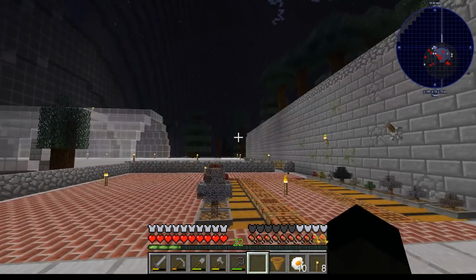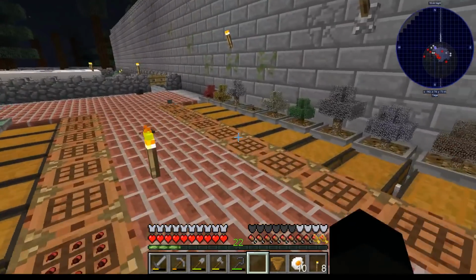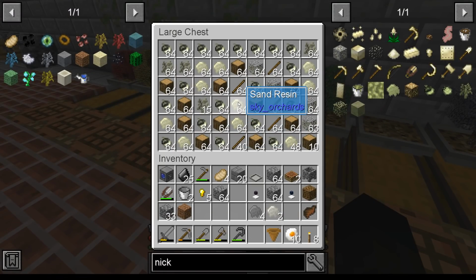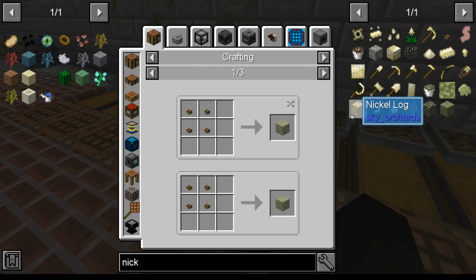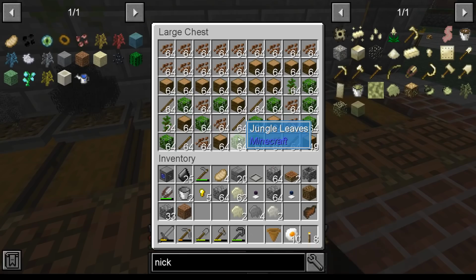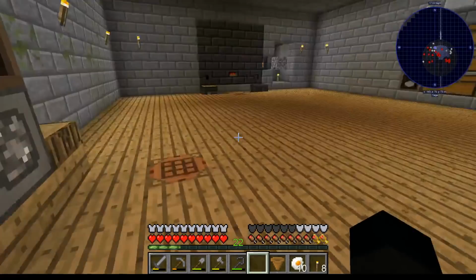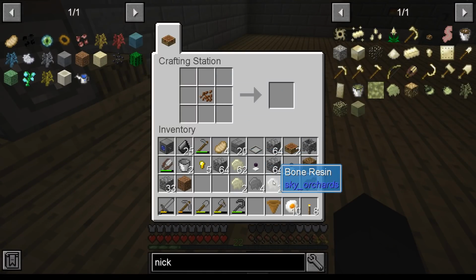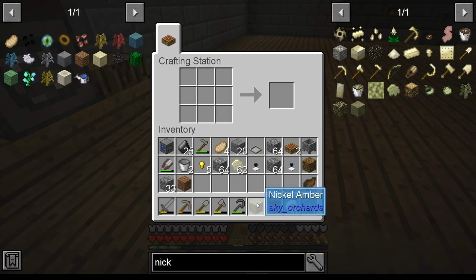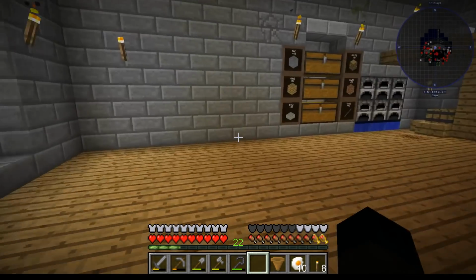I must admit, I feel relatively safe in this area, even though I've got mobs underneath me, upside down and everything. 2 sand, 2 sand, okay, that was not a good idea. Nickel, 2 bone, 2, and I need some brown, which obviously if we go here, I can just grab a little bit of that. There we go. Lovely, that's all good. So we can take a couple of those and a couple of those and 4 of those, and that will give me nickel amber, which we shall pop in there,